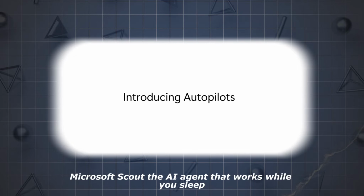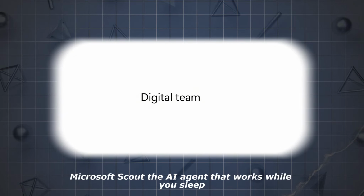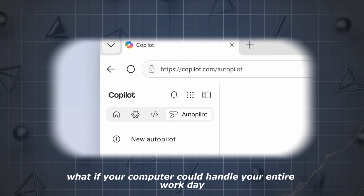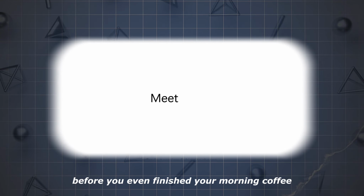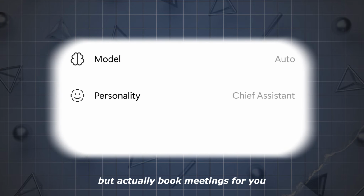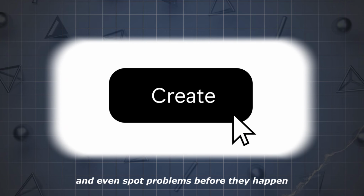Microsoft Scout, the AI agent that works while you sleep, powered by Openclaw. What if your computer could handle your entire workday before you even finished your morning coffee? Not just answer questions, but actually book meetings for you, then prepare your briefings and even spot problems before they